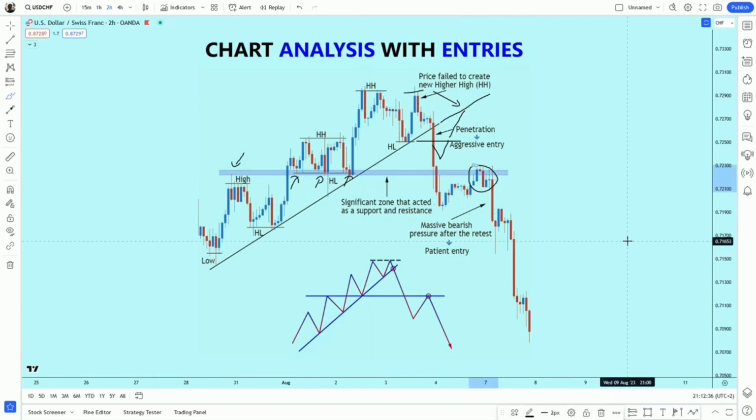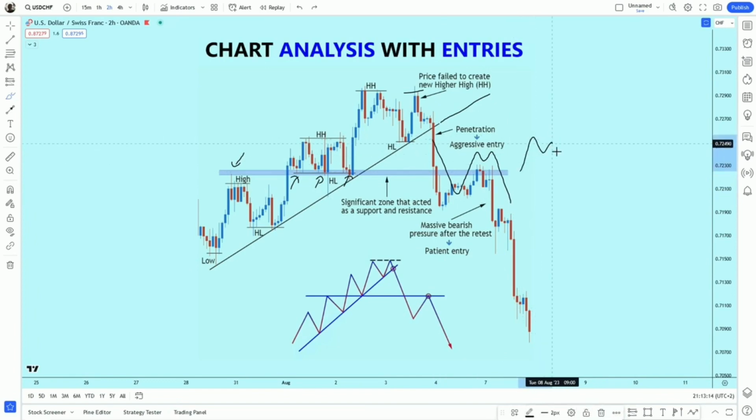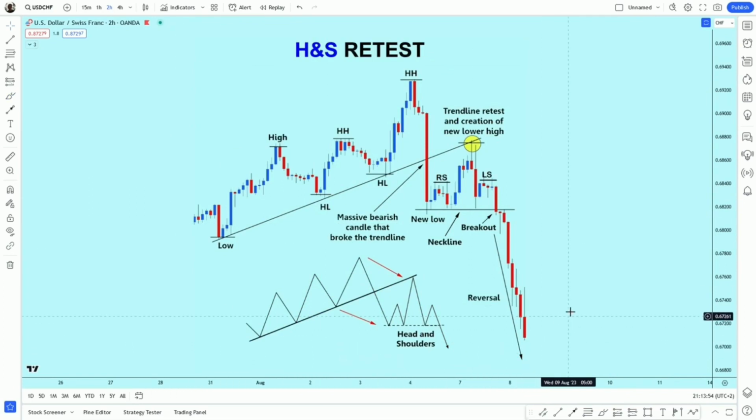So after a breakouts, I advise you to wait for a pullback and retest of a previous key levels, or you can wait for a price to form a new key levels. For example, price can go down and form a double top chart pattern, or to form new minor resistance zone, anything that would give us a good reason to sell. And that is what happened here on this example. We can see higher highs and higher lows. Price broke our trend line with this massive bearish candlestick,